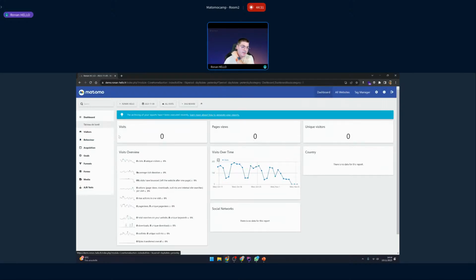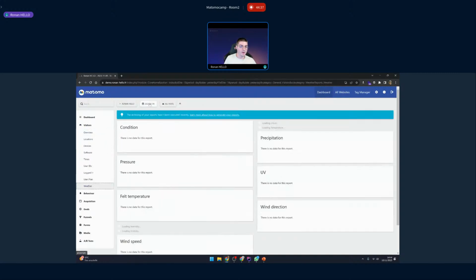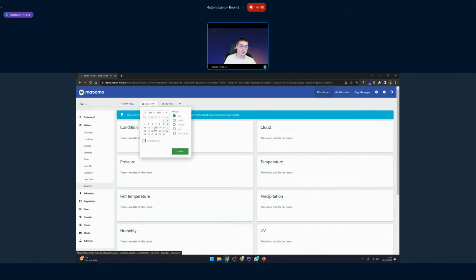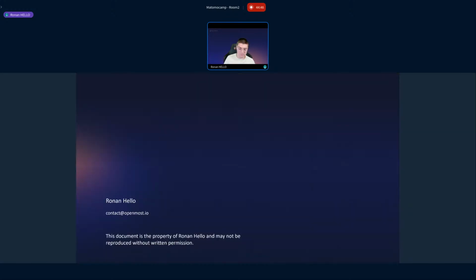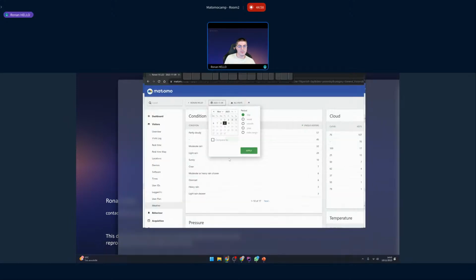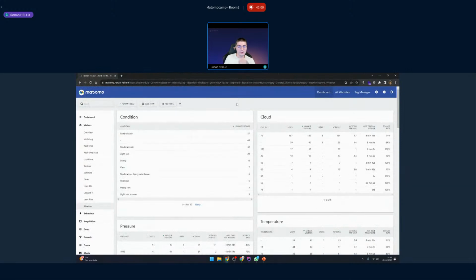Here we just have to go to visitors and then weather, and pick a date in the past because I don't have any data right there. So maybe I don't have data on that instance. I have to change instance right there. And here we are. Okay, we have the instance right there.